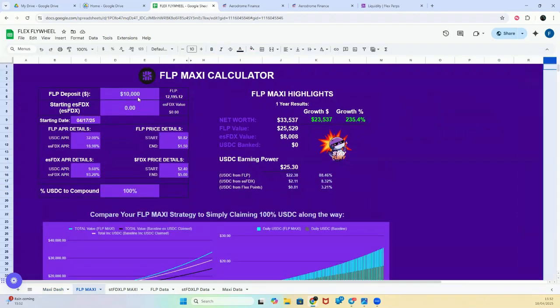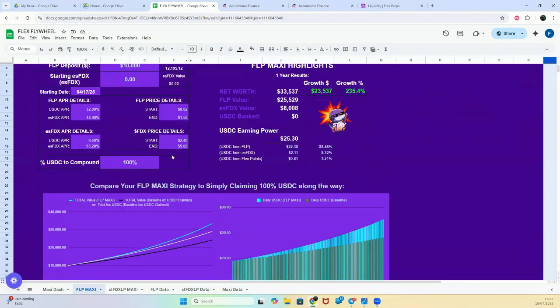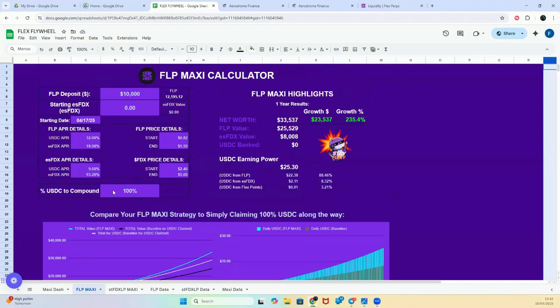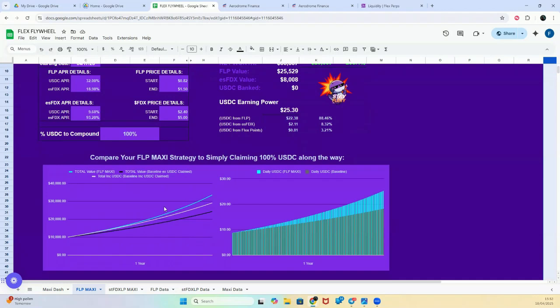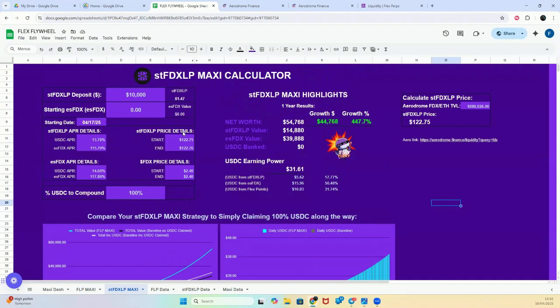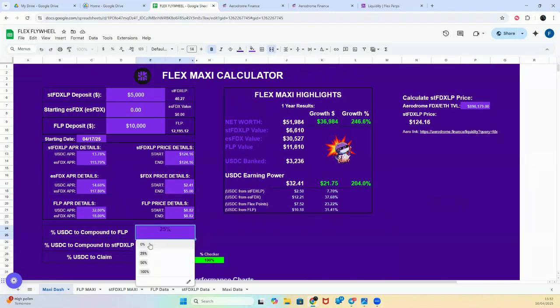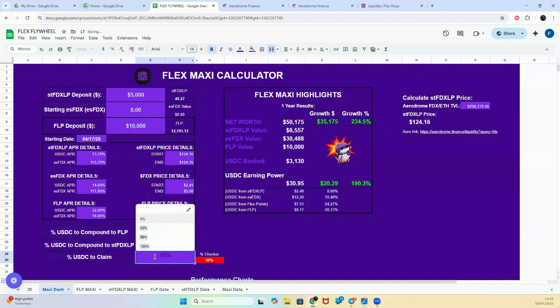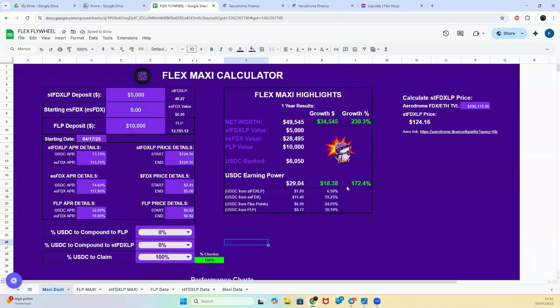You can do the same just focusing purely on FLP. And one of the features that we've got here is you can compare what that would be like if you were to compound 100% back into FLP, how that compares to someone that just claims all their USDC. That's what these charts are telling you at the bottom here, and the same for stFDXLP. But you can achieve the same thing here by just simply going 0, 0, and 100%, and you can compare the numbers that are in the table here to whatever your designated